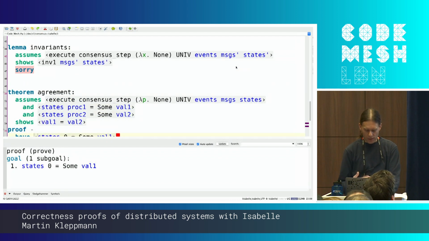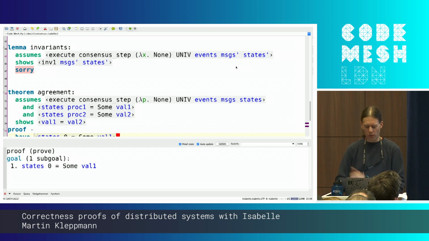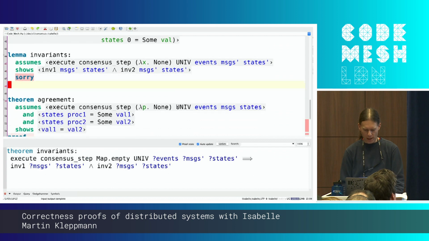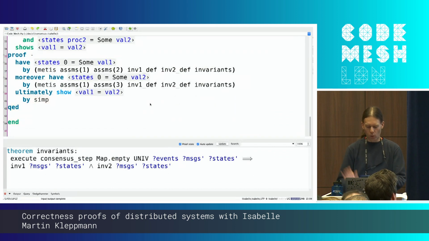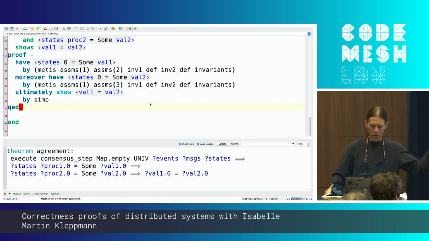And so this is part of this fun game-like interaction that you can get with Isabelle. You can try and just change things a bit and see how it responds, and it gives you this immediate feedback here. So I'm just going to undo this, put invariant 2 back in. Now it's rechecking. So you saw for a brief moment it flashed up in purple while it was rechecking it, and then once it's gone white, then everything is fine. So